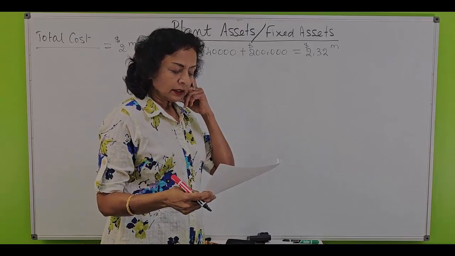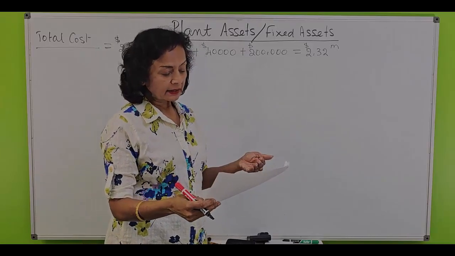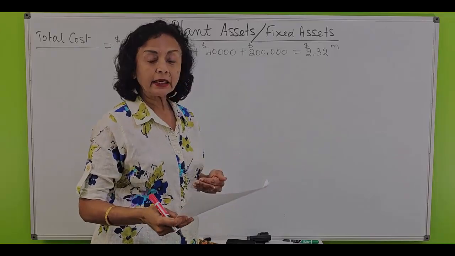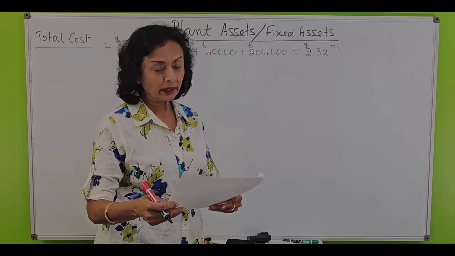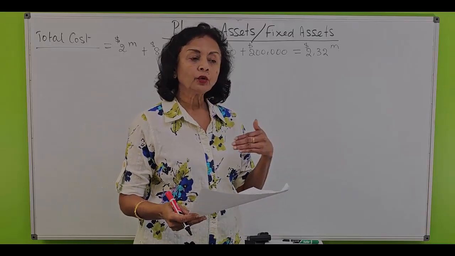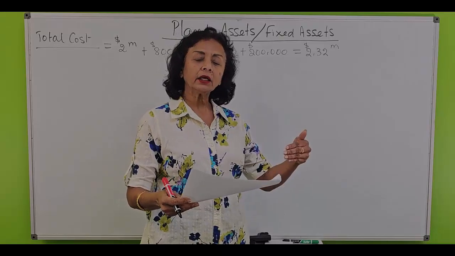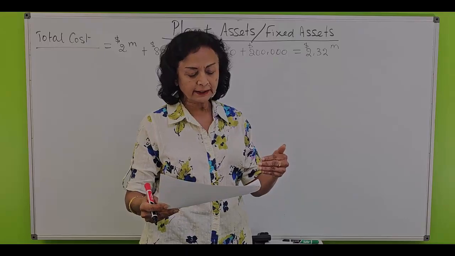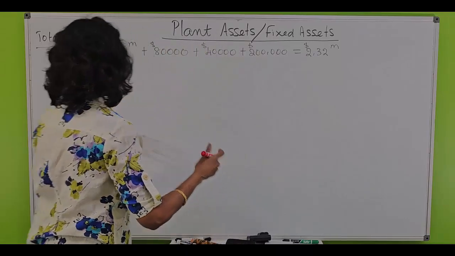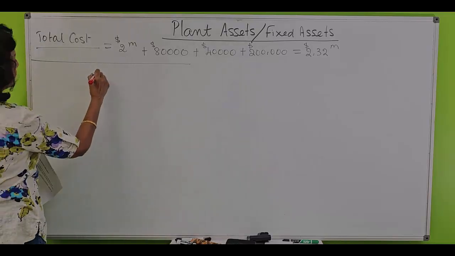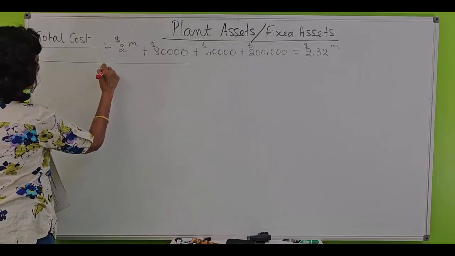Now, the market appraisal indicates the current market value of the land is $600,000 and that of the building is $1.8 million. So here, when there is a lump sum purchase, we are going to use a technique or a tool called relative market value or relative sales value. So here, the market value